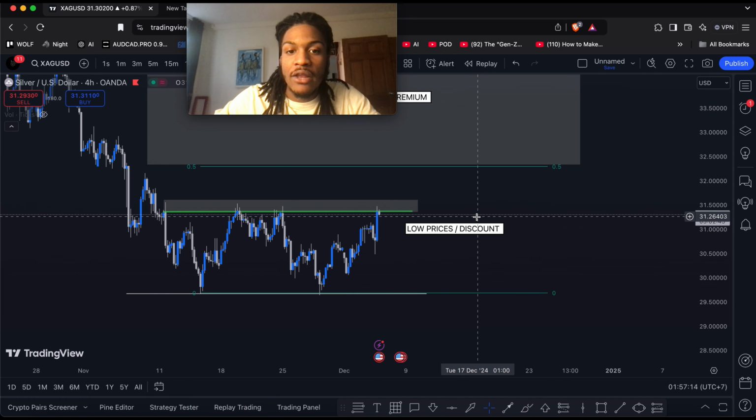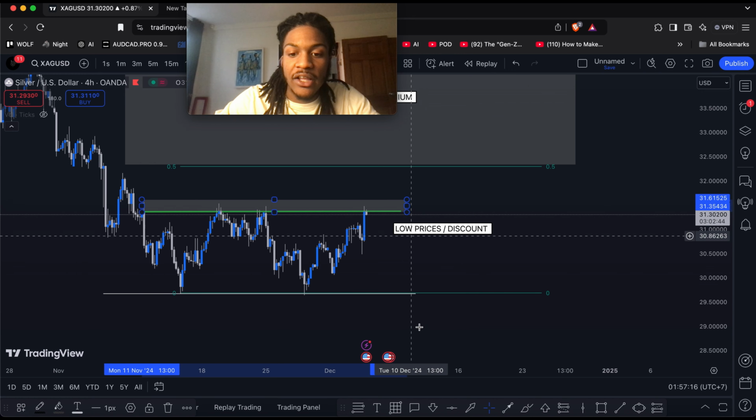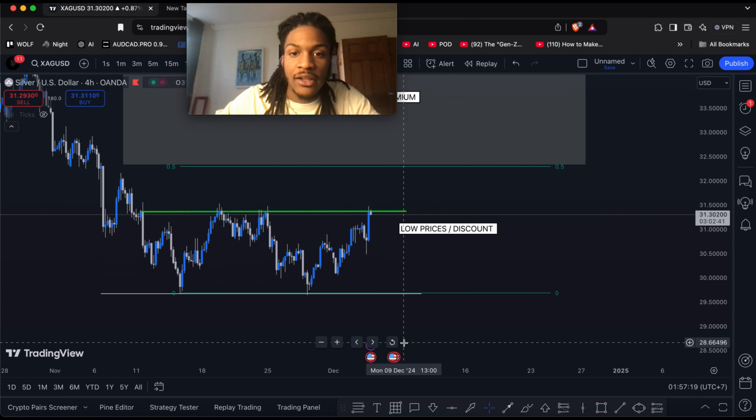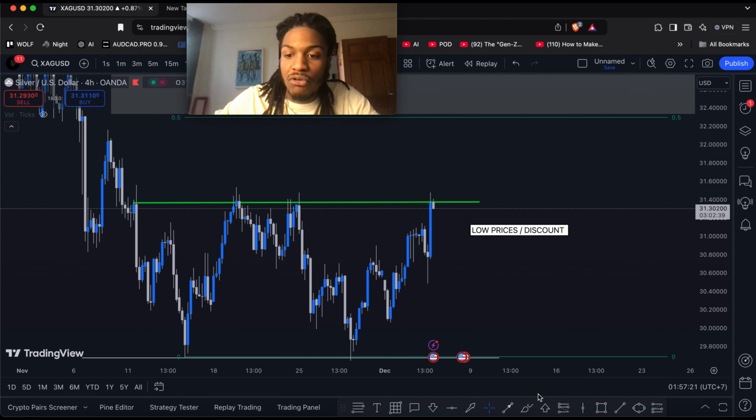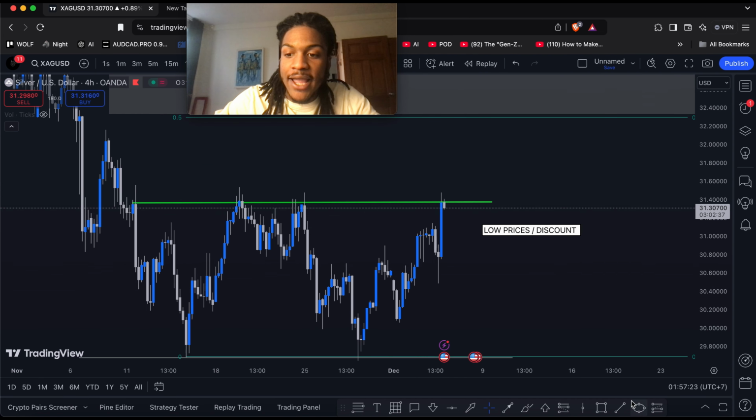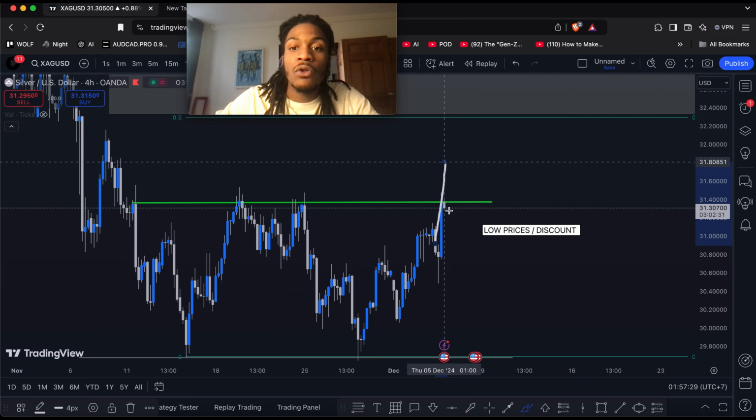But what I'm going to wait for is, you see that green line? I'm going to wait for price to actually break out of this green line completely, not a little bit, completely. And then once it does that,